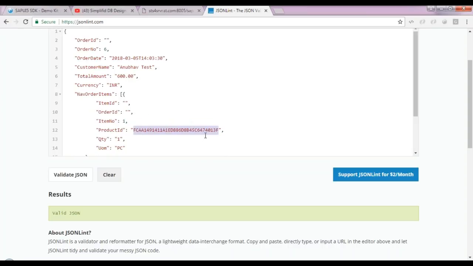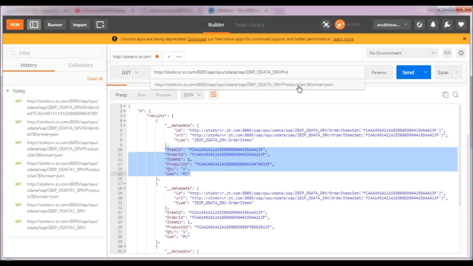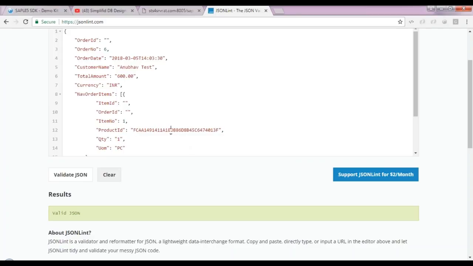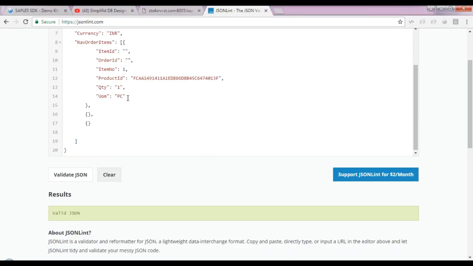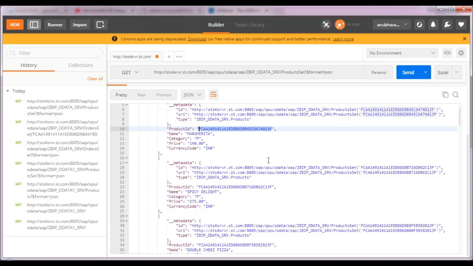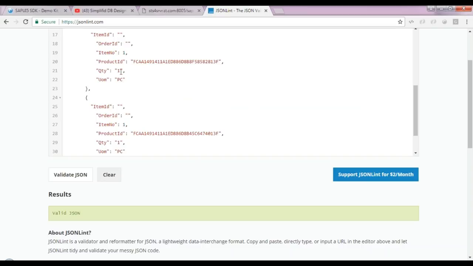So product ID is what is the order you want to place, what are the products you want, and what is the quantity. So I want to make an order for, let's say, margarita pizza. So maybe I'll just switch to my product set, and there you go, get, and margarita, this is the product ID for margarita pizza. I want to make 1 pizza of margarita type, and maybe I just create similar records over here in JSON lint for testing my data. And then next order I want to have is a double cheese pizza. So I take the product ID, put here, and I want to order 2 double cheese pizzas, item number 2,